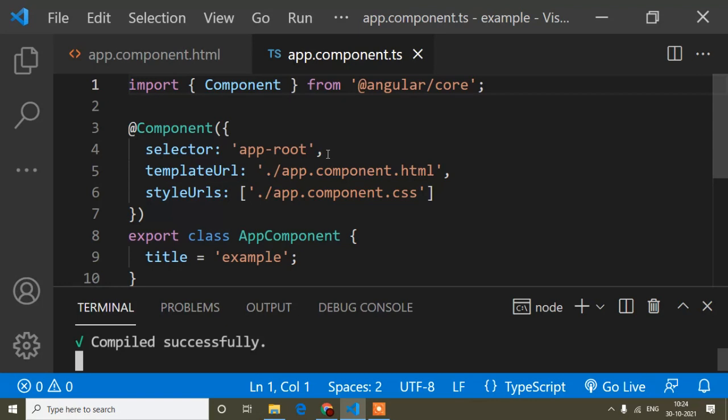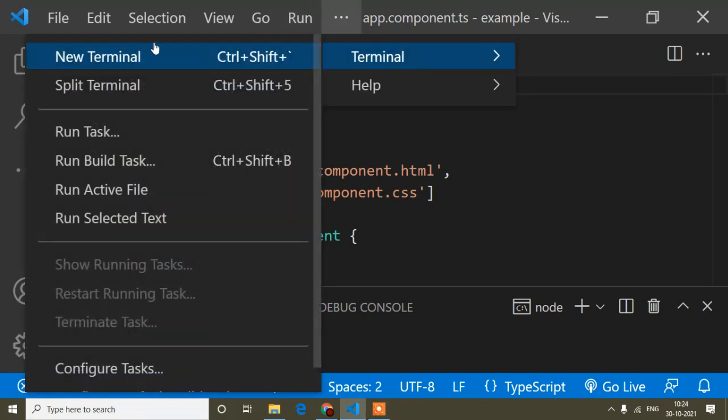And guys, first of all, to show this I have to generate a service. If you are using the Visual Studio Code editor, it is very simple. You can open the terminal as I will do, so you can watch this and do the same thing. Otherwise, if you are not using Visual Studio Code, you can open your command prompt, open your project there, and write the command for generating a service. So here I will click and open a new terminal.